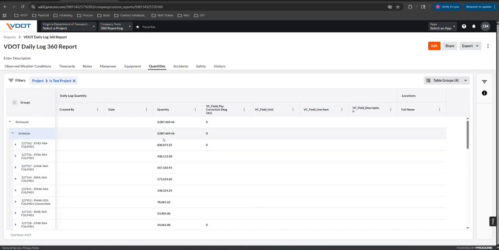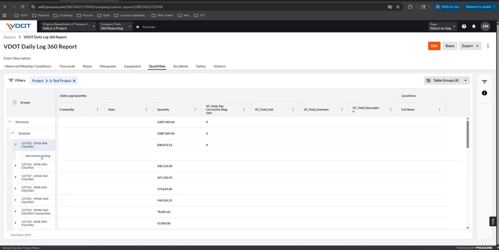And you can see these totals reflect for each level of grouping. So Richmond as a whole has entered over 2 million, I guess, units of various quantities. And then they happen to be all schedule right now. You can see that number's the same once you get to the schedule group. And then with each project, you'll see that total for the project. Then once you click into a project,